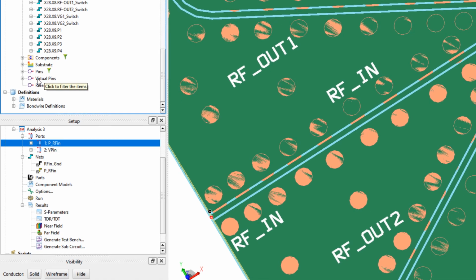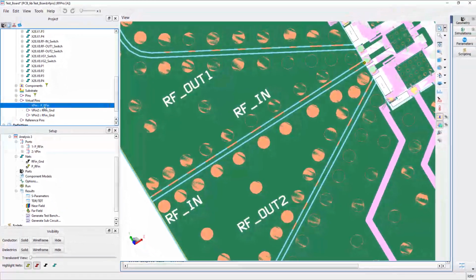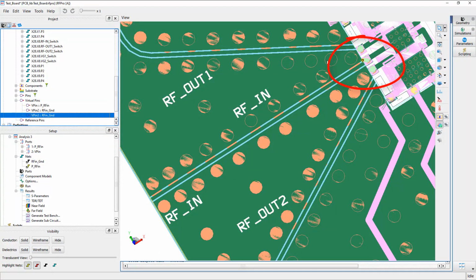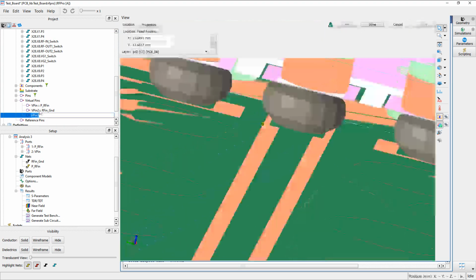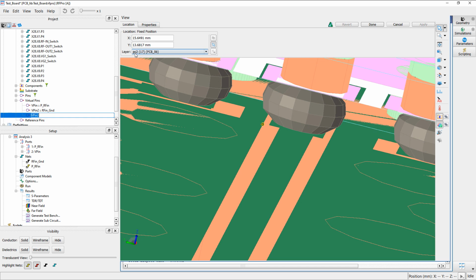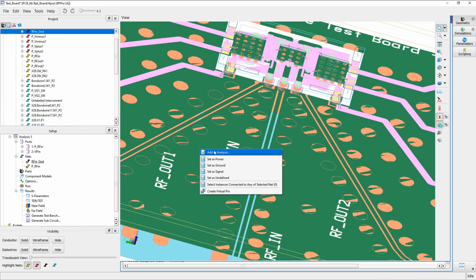So here I took advantage of the virtual pins feature in RF Pro, and I inserted virtual pins at the end of the line close to the solder bump where the laminate board signal meets the test board signal line. These new virtual pins are not in the original layout. RF Pro allows me to create them anywhere and at any layer. So here you see my line starts with the input port and ends at the end where the solder bump is. To create a virtual pin, you just right-click the mouse and select Create Virtual Pin. Then click the mouse at the correct location and choose the corresponding layer.